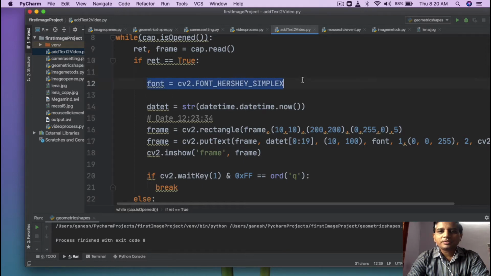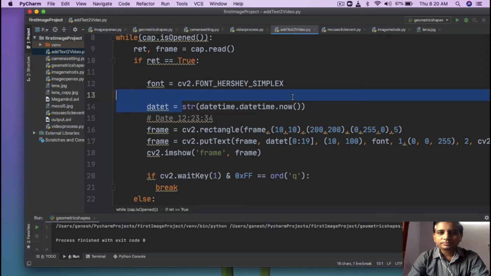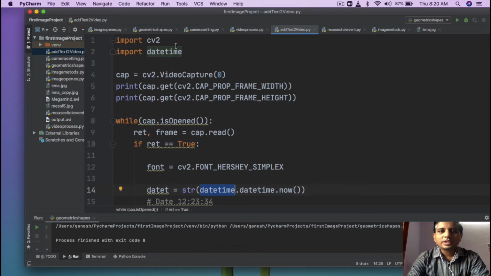Here we have created the font that we need to place the text on your video or your frame. The next one is I am taking the current date and time by using the datetime library. So you need to first import the datetime library.